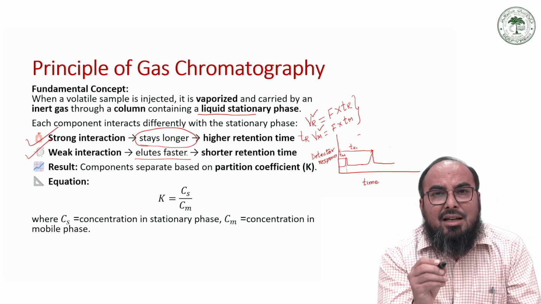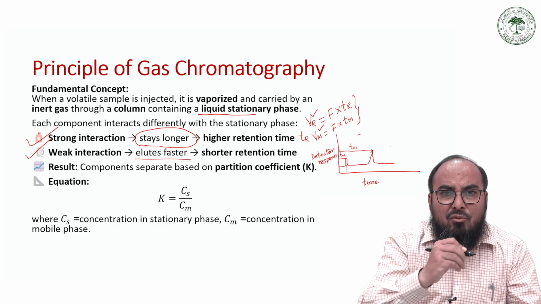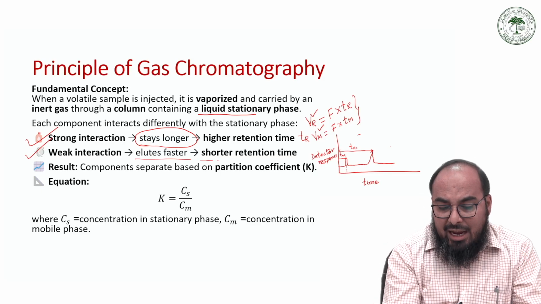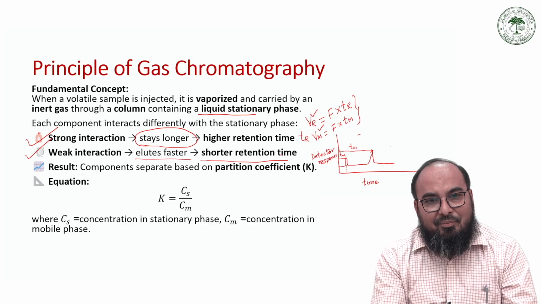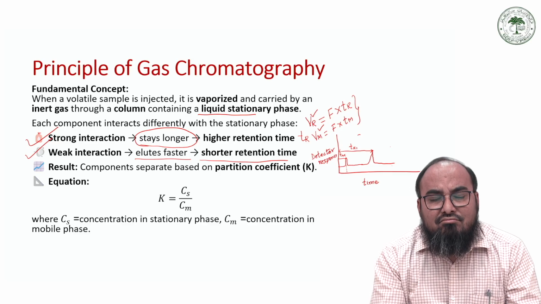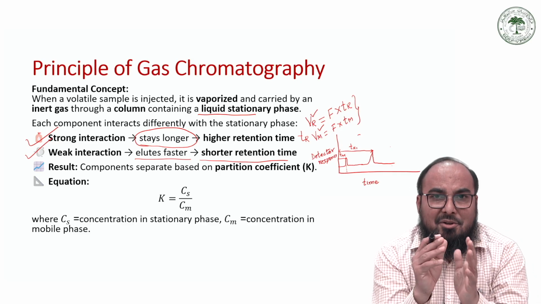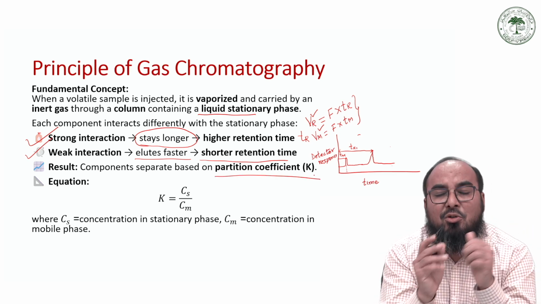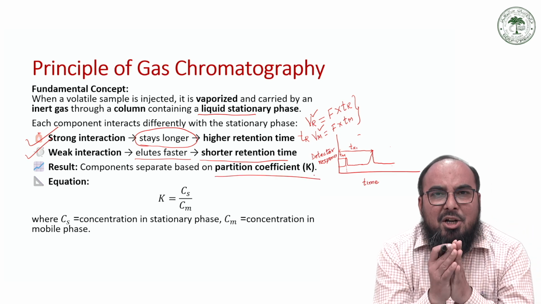Elute fast means that it is going to come out from the column very quickly, and if it is going to come out very quickly, then it will have a shorter retention time. Okay, so the main aspect on which this GC is dependent is again the partition coefficient, and the partition coefficient